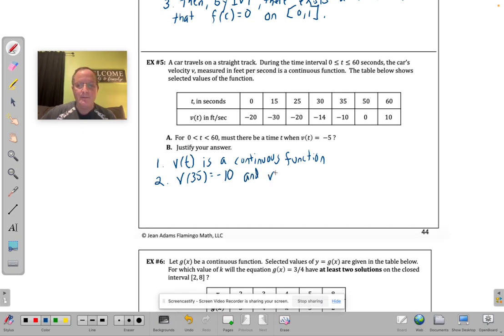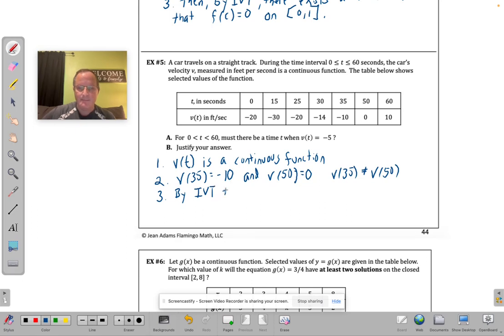and v of 50 is equal to 0, and they're not equal to each other. And so v of 35 is not equal to v of 50. So this means that the intermediate value theorem applies. So I can say then, by the intermediate value theorem,